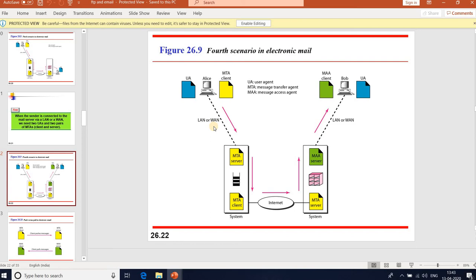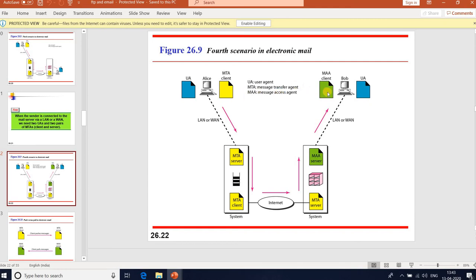We need another set of client server agents. Generally, we have been using only message transfer agents till now. Now we need another two client and server side agents, called MAAs, message access agents.